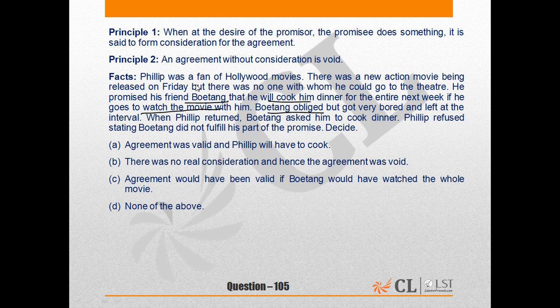Now, what does the principle say? Principle 1 says, when at the desire of the promisor. What was the desire of the promisor? Philip was the promisor. He said, I will cook dinner. So, Philip is the promisor. So, at the desire of the promisor, the promisee does something. Botan obliged. So, at the desire of Philip, Botan had done something. So, therefore, we can see that it is said to form consideration. So, consideration has been formed. It is nowhere said that